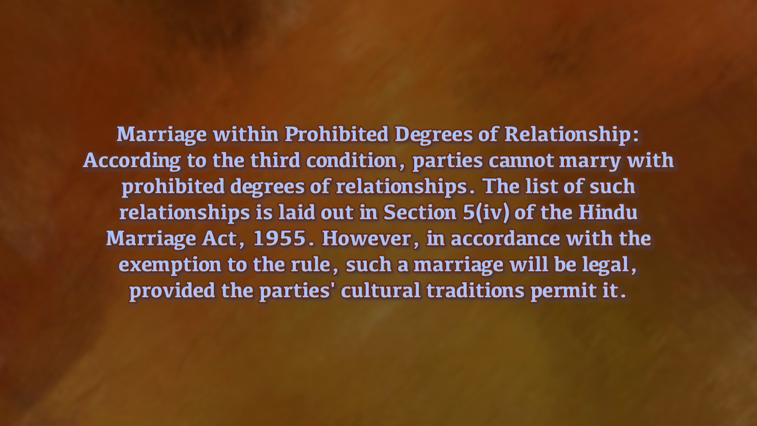Then, marriage within prohibited degrees of relationship. According to the third condition, parties cannot marry within prohibited degrees of relationship. The list of such relationships is laid out in Section 5, Clause 4 of the Hindu Marriage Act 1955. However, in accordance with the exemption to the rule, such a marriage will be legal provided the parties' cultural traditions permit it. In Shrimati Shakuntala Devi versus Amarnath,